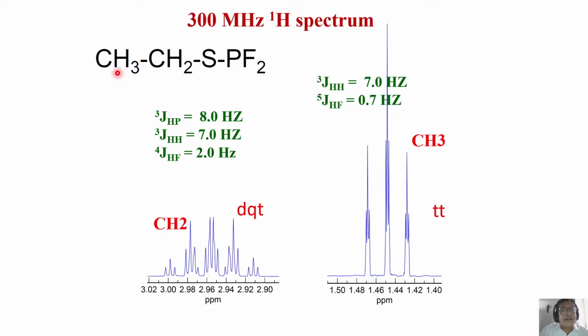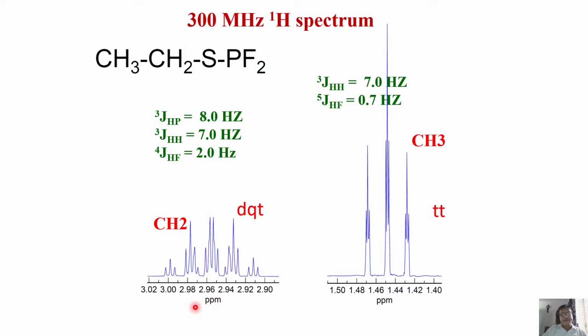Of course, carbon is NMR active, but they are less abundant, carbon-13. So you will see them as satellites. We will not worry about satellite analysis at the moment. Right now, let us concentrate on analyzing the proton spectrum of this molecule. When I see proton, I get essentially two groups. One for CH3, other for CH2. Of course, that is very clear. And now, the CH3 comes where? In the high field region. That's also clear. And CH2 comes in the low field region.